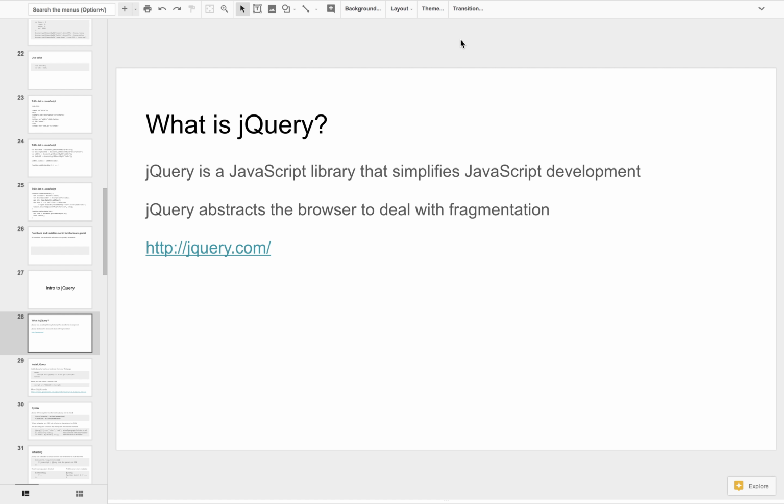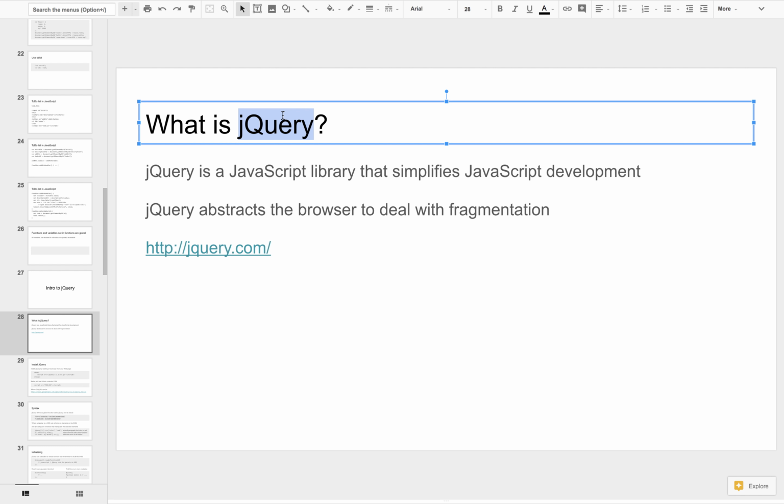As this evolved, folks would centralize this detection, and over time it became fairly sophisticated. And after several evolutions and iterations, you end up with something like jQuery, right? jQuery is a very thin layer above JavaScript that abstracts the actual browser, so that you don't have to code directly to the JavaScript of the browser that it understands. Instead, you code at a slightly higher level of abstraction, right?